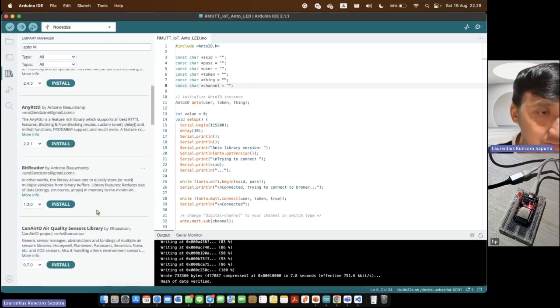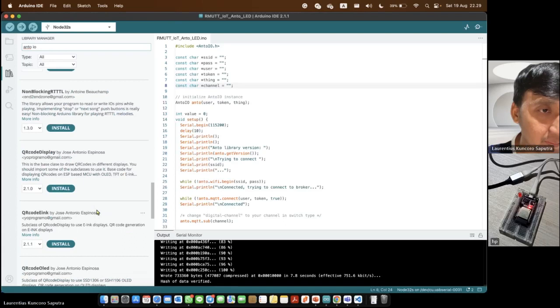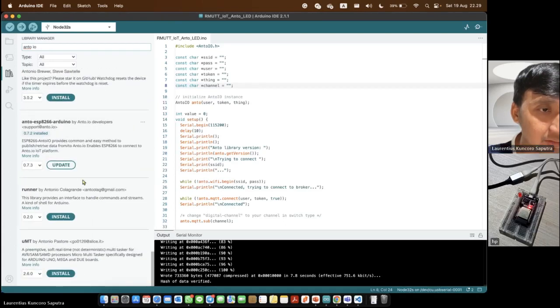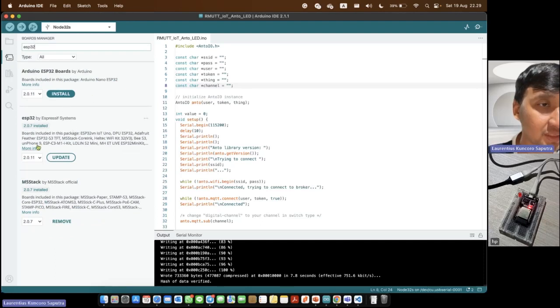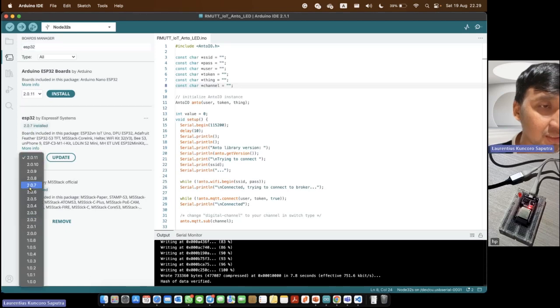I use version 0.7.2 on this one. In this board manager for ESP32, I use 2.0.7, but the newest version is 2.0.11.